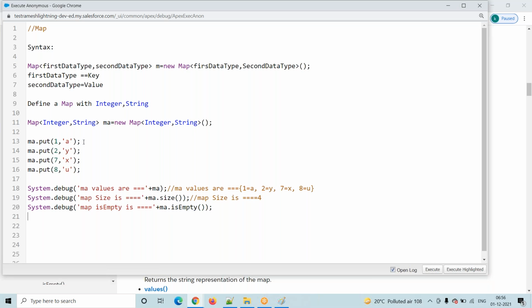Why? Because it will check the first element only. If there is an element, then I will not check how many elements are there. I will not go inside the map. Okay, first element only I will check. So there is no empty check, that's why we use isEmpty wherever it is possible. Okay, here it is nothing but false.